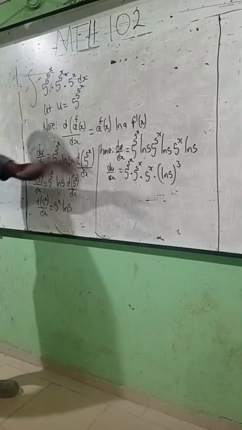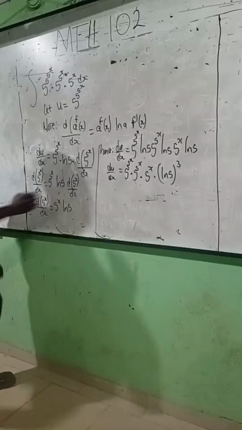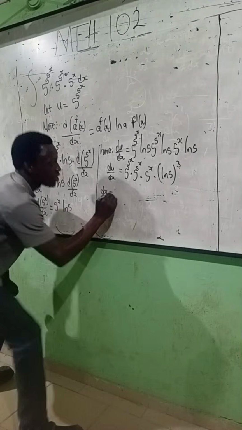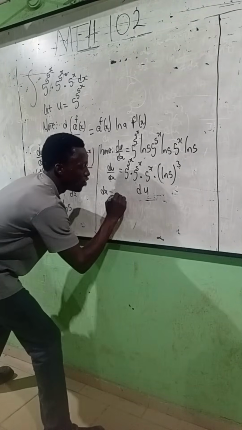Now what will be dx? If you make dx the subject of the formula, therefore our dx equals du over